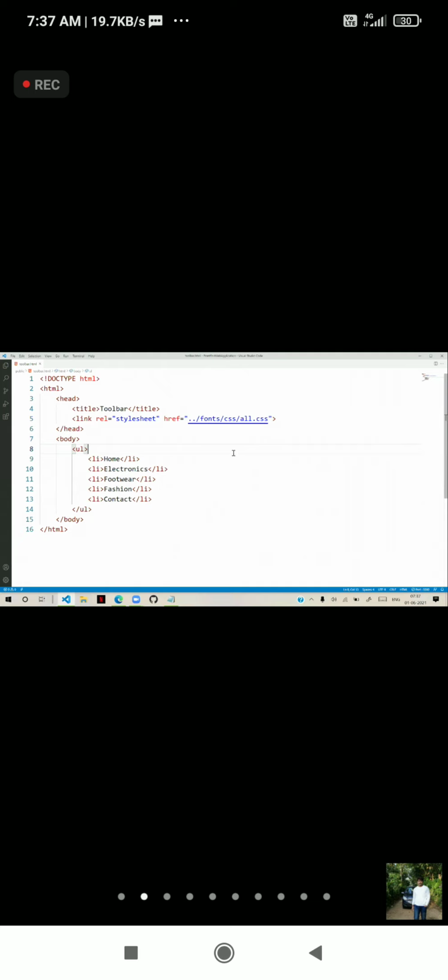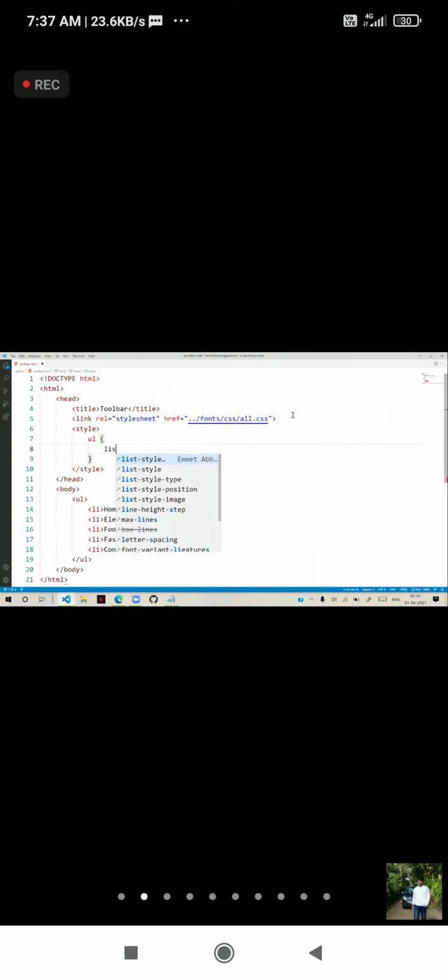Now, once you got that, how to keep images? For example, you can keep them in any container. Suppose you see, this is home. First, we will remove the default symbols. To remove the default symbol, you can simply use UL, unordered list style as none. That means it will remove that unordered list.